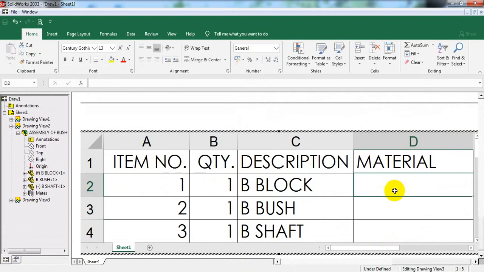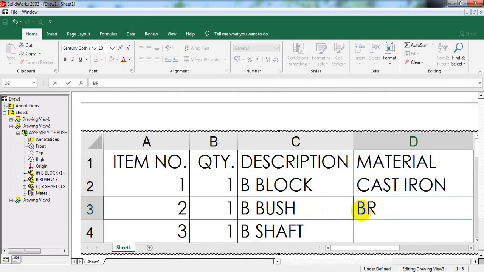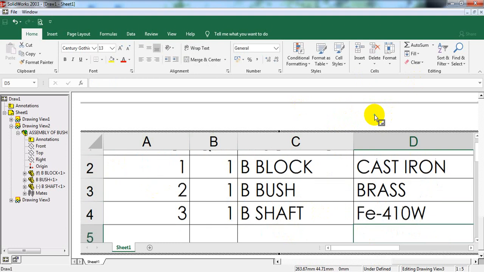Block is cast iron. Bush is brass. Shaft is Fe410W. Okay, after the editing, click here.